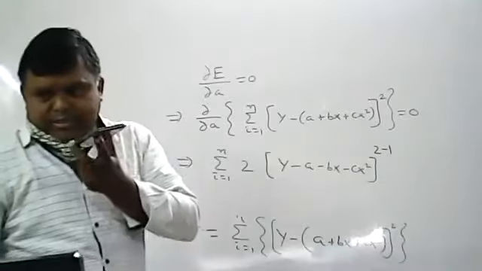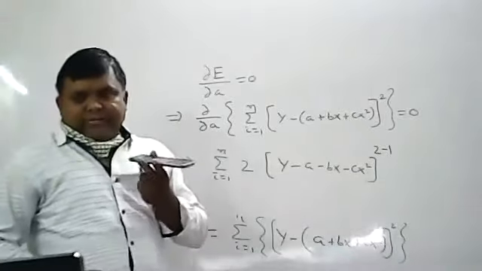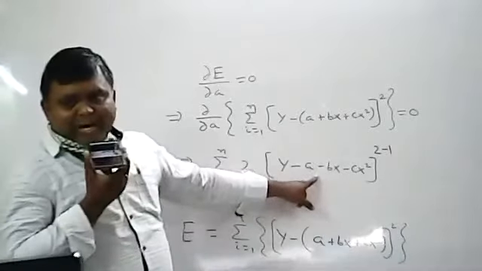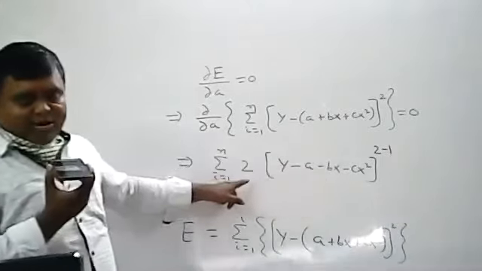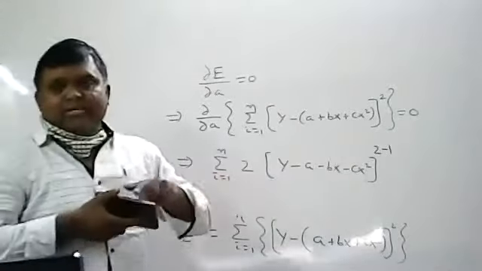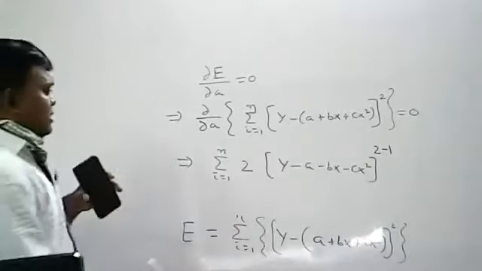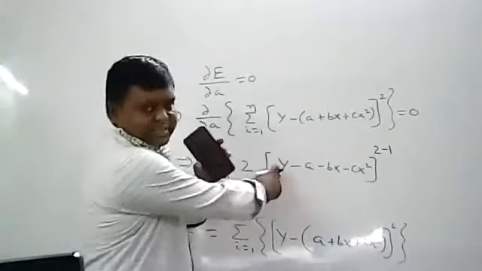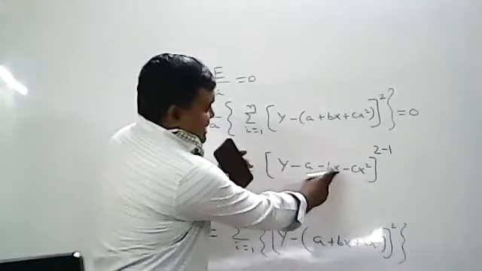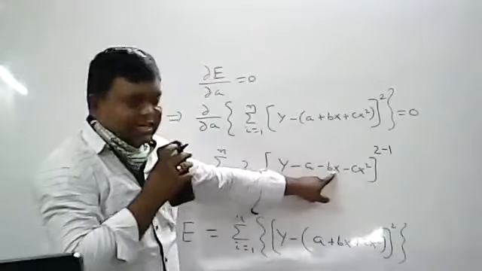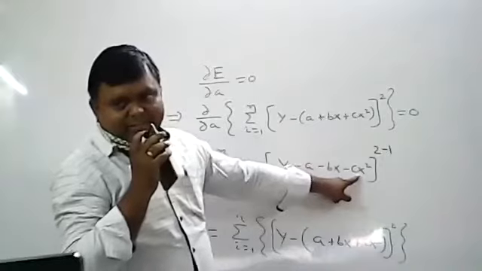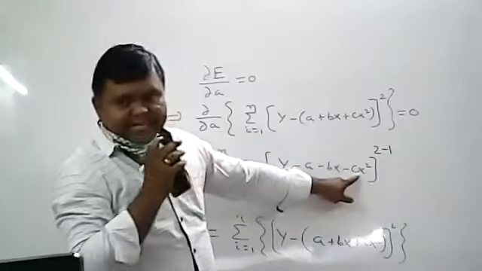I think you are able to hear me now. Wherever A is there, that term exists, and partial differentiation exists. Wherever A is not there, partial differentiation does not exist. If you observe here, A is not there in y. This is a constant, so constant partial differentiation is 0. Here also in bx, A is not there, so partial differentiation with respect to A is 0. Cx square partial differentiation with respect to A is also 0.